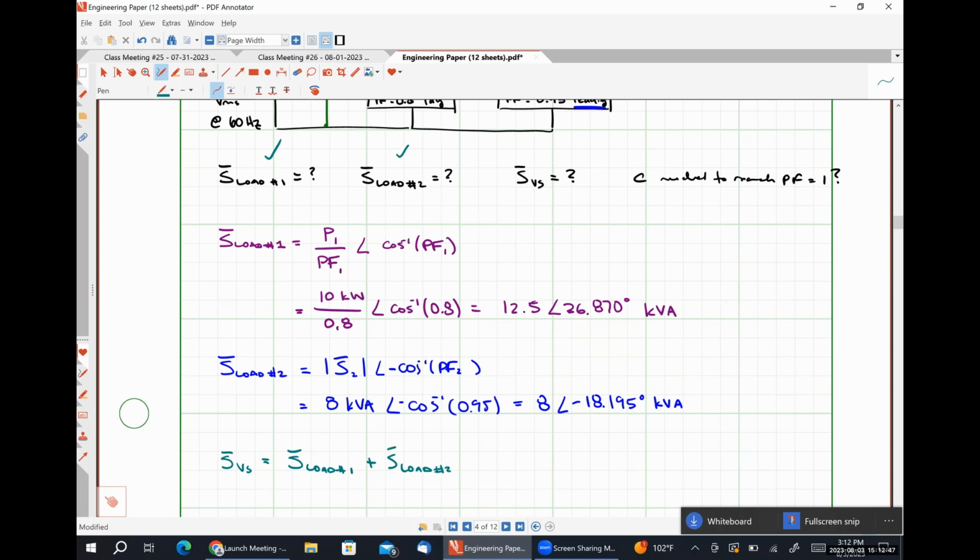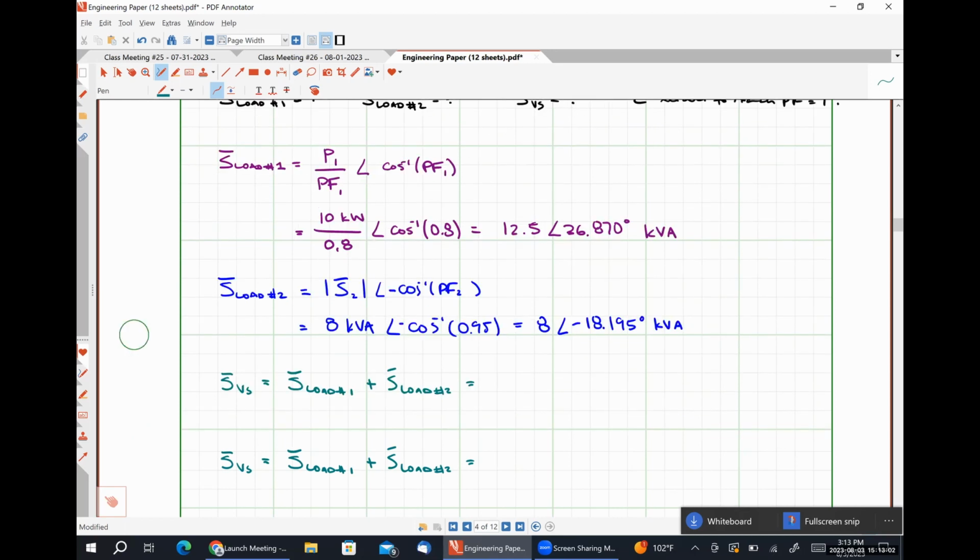So this is just Tellegen's theorem from the second day of class, right? So if I add these two quantities together,